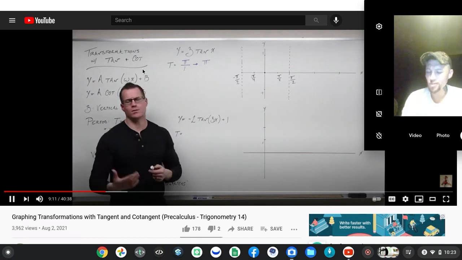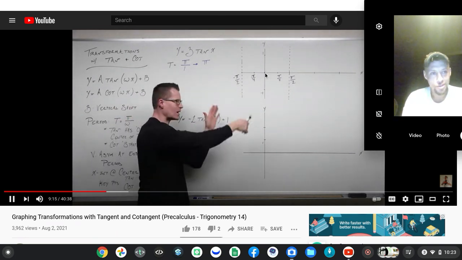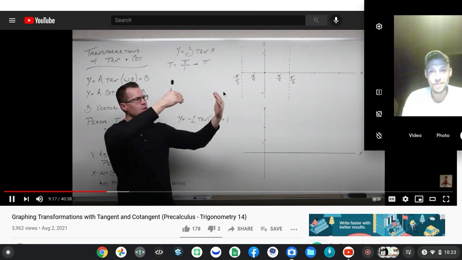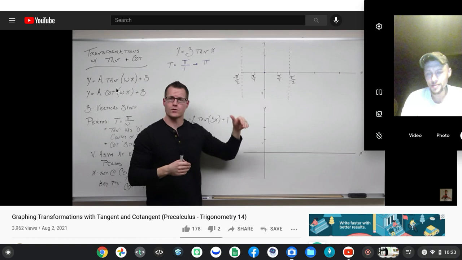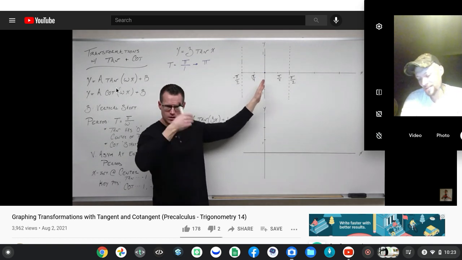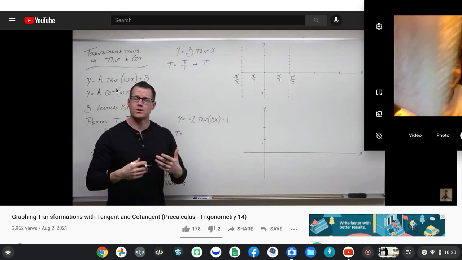Just straight down, this is what I always do. I always do the vertical shift. I always find my period second. I always write it out in there, make sure my asymptotes are at the ends, and my x-intercepts are the center. I find my quarters first. My first quarter, second quarter is the middle, and then the third quarter is right there, somewhere before the end of that period. This is what's going to give me my